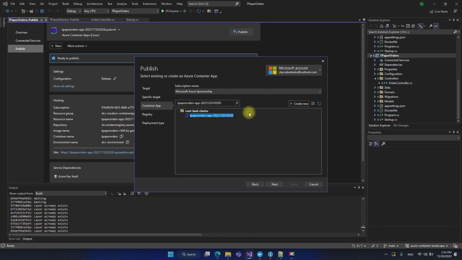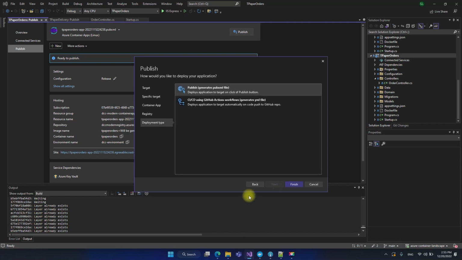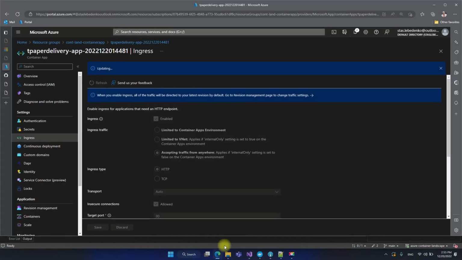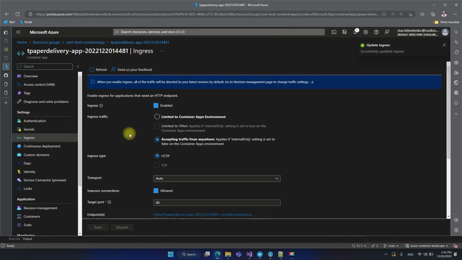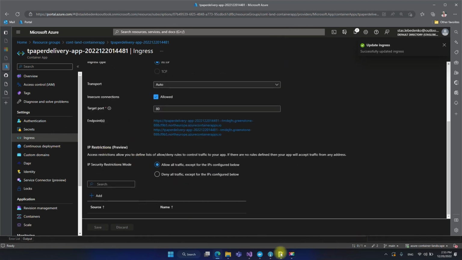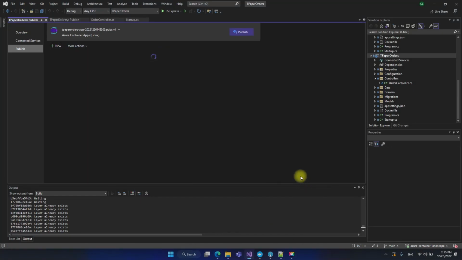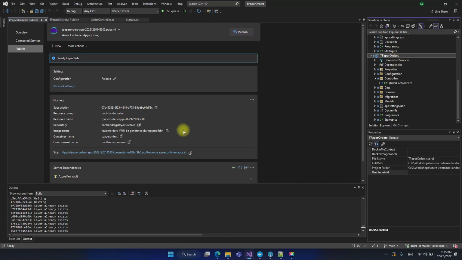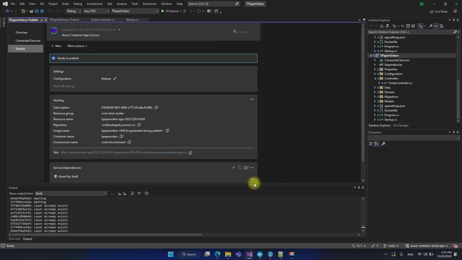while our TPaper orders is already created. So we hit next, select the container registry, this one, and generate the publish file. The profile is being created, but we cannot navigate yet because it's still updating. The configuration can take some time. The publish profile is already created for us, and we need to do the actual publishing. So we do the publish now,